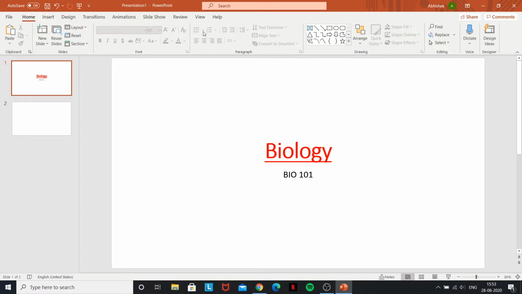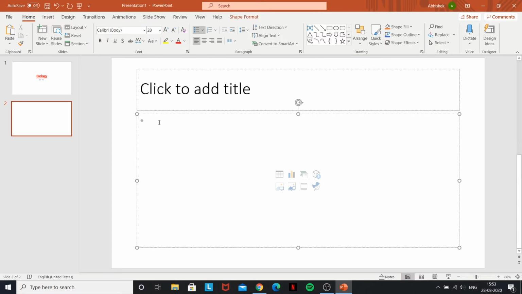These sections, font and paragraph, are all the text formatting tools. Once we're typing, it'll automatically give you a bullets option to write in points, but you can just write whatever you want, it doesn't matter.